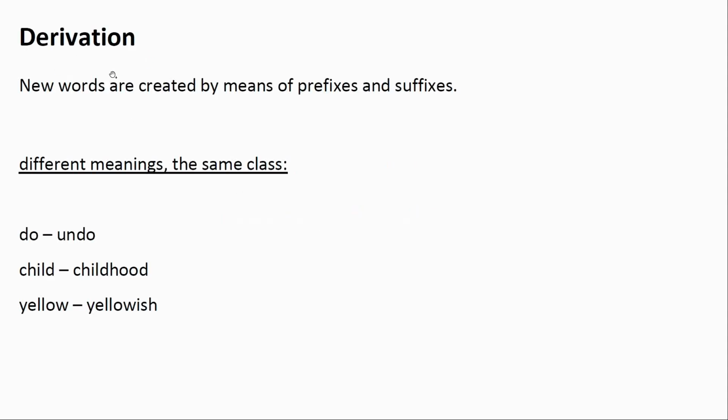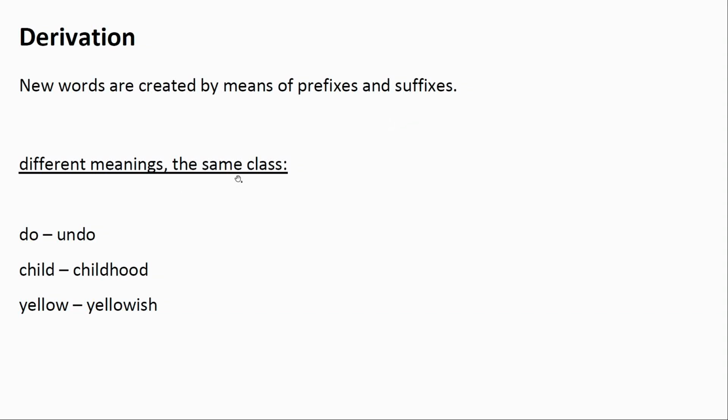Now let's have a look at derivation. Derivation is another morphological process. This process leads to the creation of new lexemes. The new words either have different meanings or belong to different classes. In the process of derivation, new words are created by means of prefixes and suffixes. Here are some examples of words created in the process of derivation, which have different meanings but belong to the